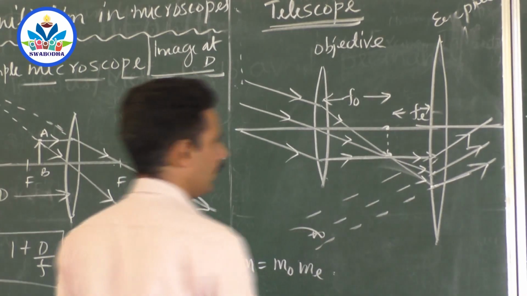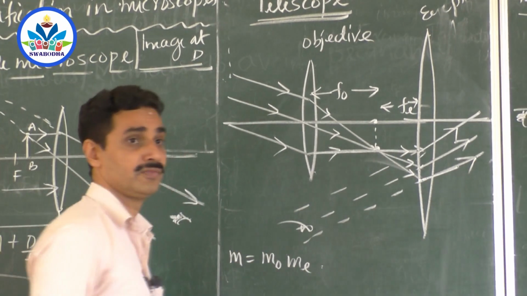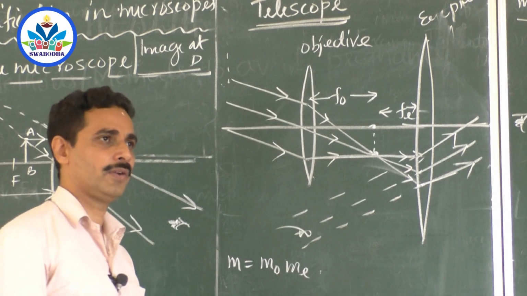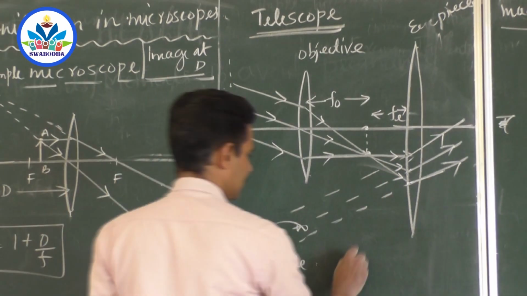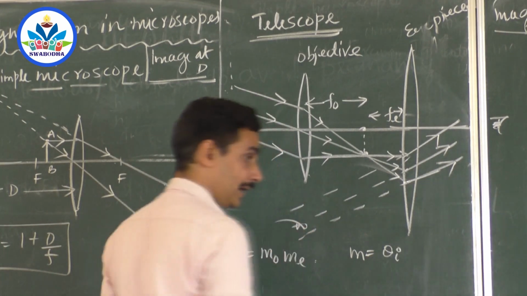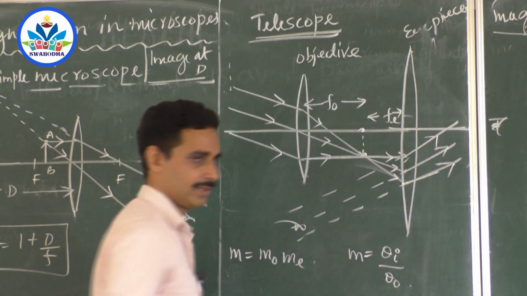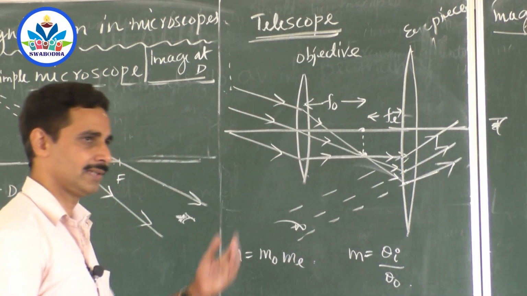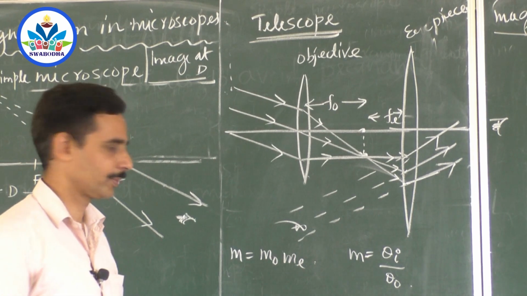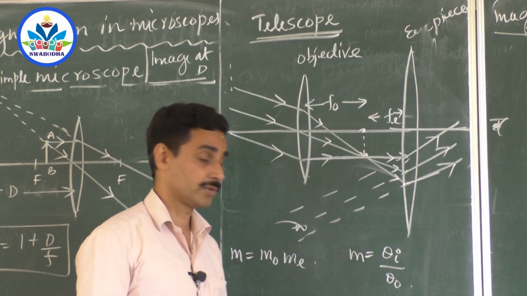And if I want to know it, I have to draw a diagram. Again, here you see the image is formed at infinity. What is the definition of magnification when the image is formed at infinity? Magnification is the ratio of the angle created by the image at the eye to the angle created by the object at the eye. That is what you have to go for. When the image is at infinity, you can't expect an image which is larger than the size of the object itself. That is not possible. You can't have an image greater than the size of the moon. That is impossible.